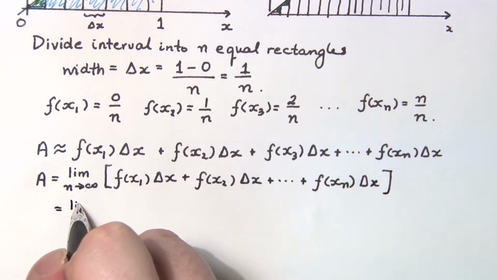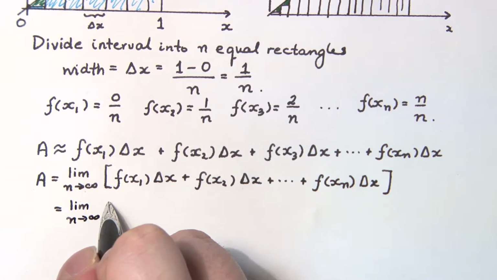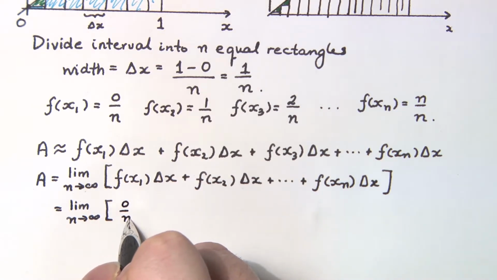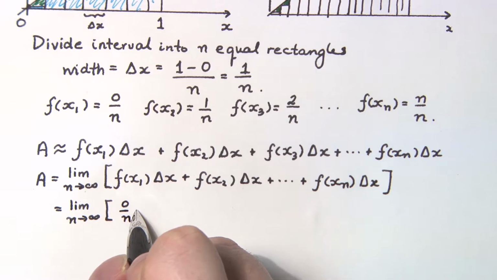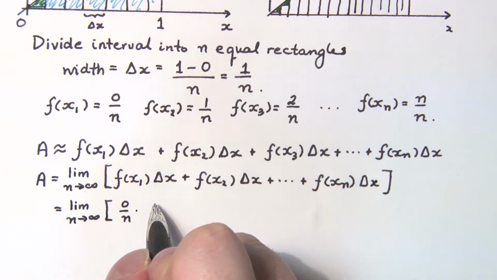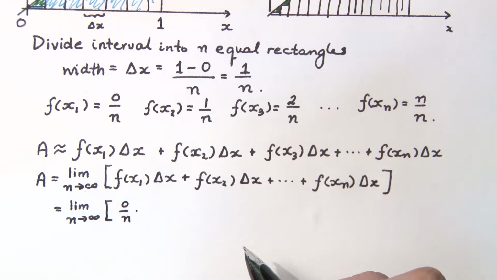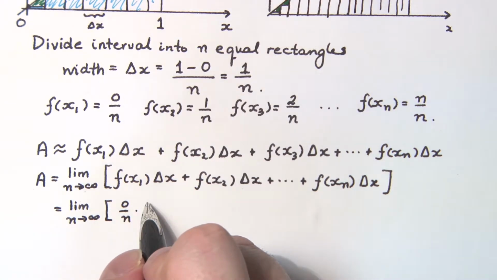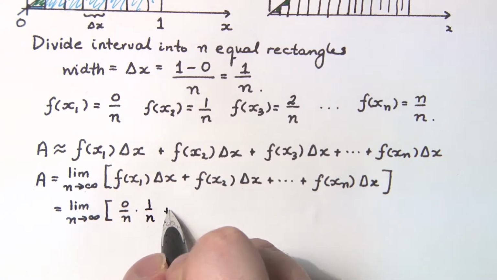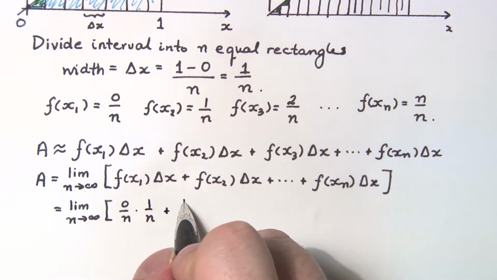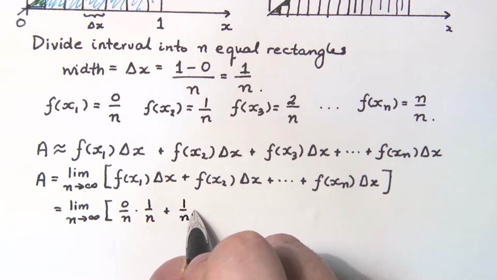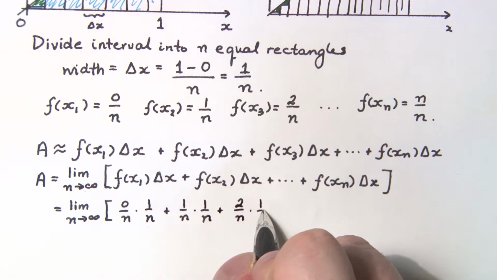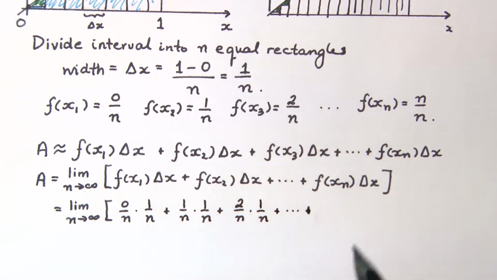Okay, so now I'm going to substitute my values in for f at x1, which we know is 0, and the delta x is 1 over n, plus the next one that I have is 1 over n multiplied by 1 over n, plus 2 over n multiplied by 1 over n, all the way down to